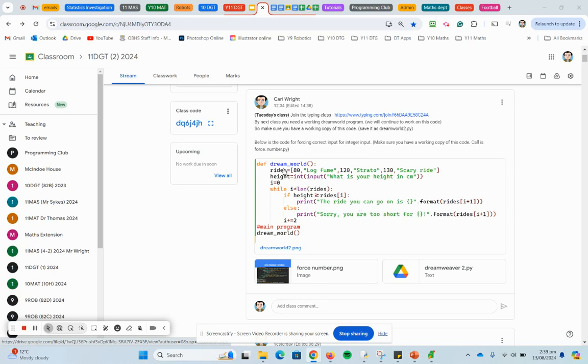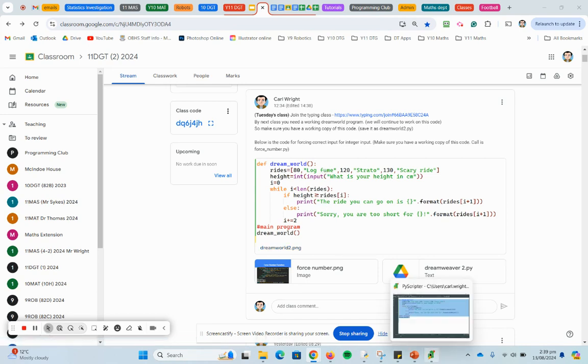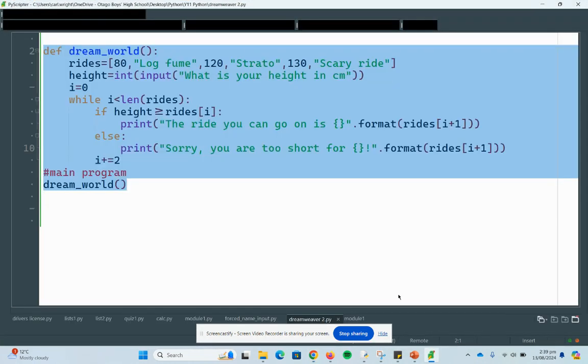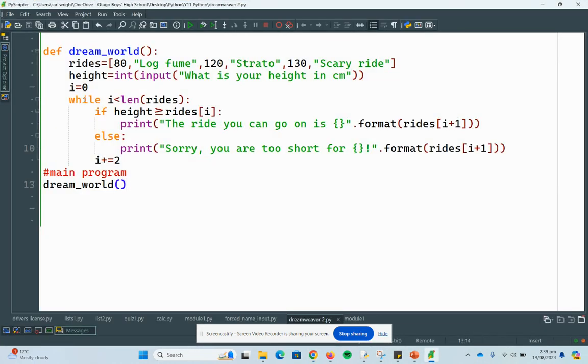Okay, so what we're going to do is step the Dreamweaver program up and make it a little bit more better program. So I'm just going to go into this tab. You'll see here we've got the Dreamweaver program. Here's the function call. So we call the function called Dreamweaver. It comes up here, it calls this function, and here we have our list of rides plus the minimums